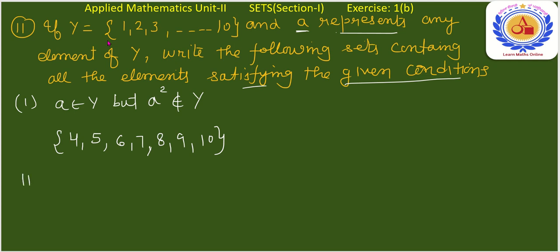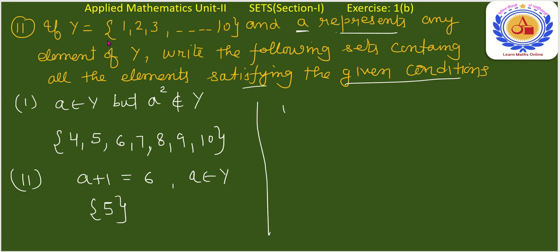In the second part, A plus 1 should be equal to 6, where A belongs to y. कौन सा A है जिसको 1 के साथ ऐड करने में 6 आता है? What will be the solution of this linear equation? Easily you can identify the value of A, that is 5. So it will be a set containing element 5, a singleton set.